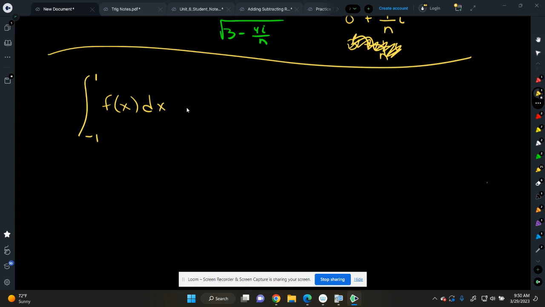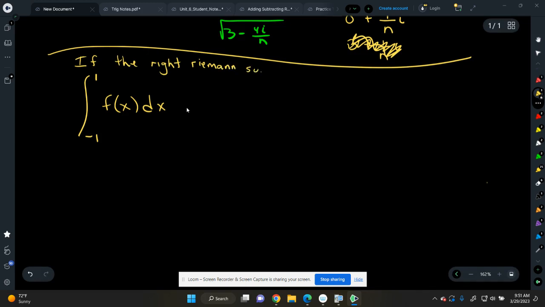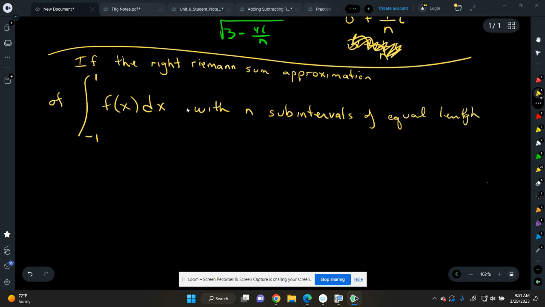So the question is, if the right Riemann sum approximation of the integral from negative 1 to 1 dx with n subintervals of equal length for a continuous function f of x